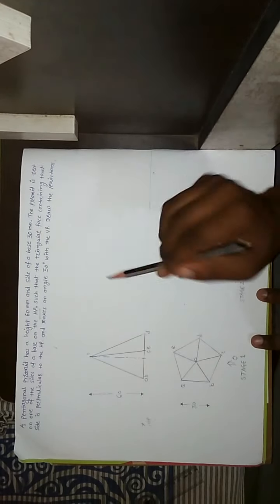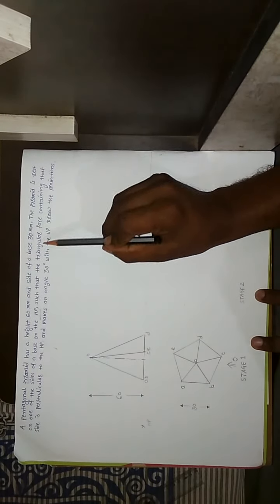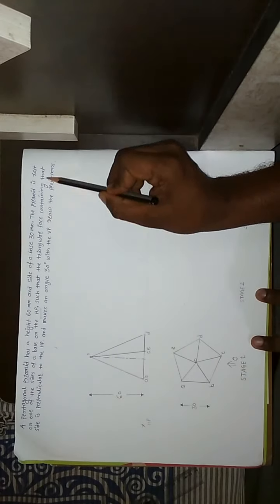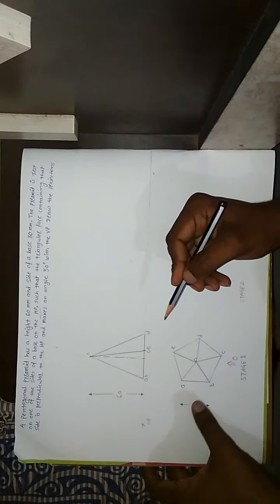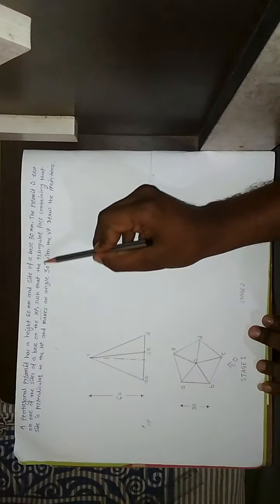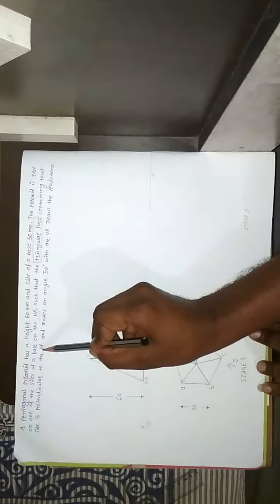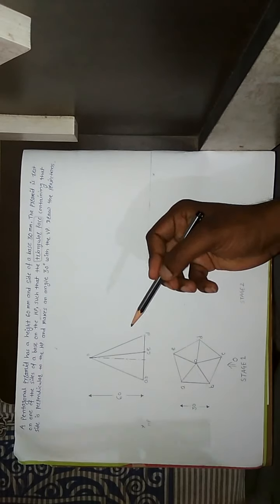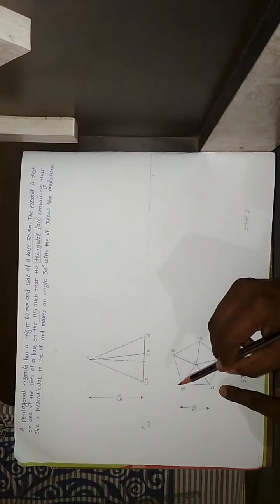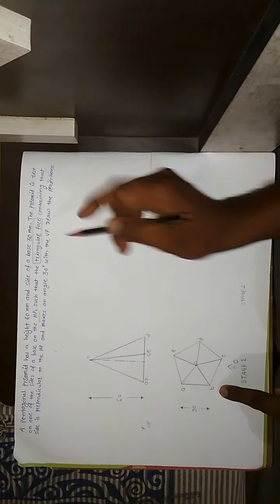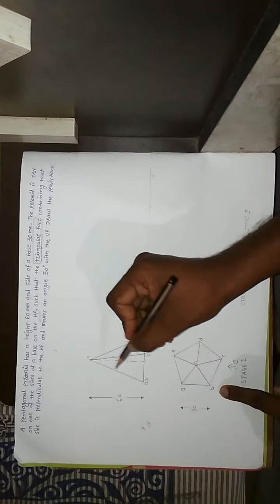Now, the first condition for stage 2 is that the triangular face containing that side is perpendicular to the HP. Friends, in this problem, we are going to use A, B and O as a reference, because the triangular face is perpendicular to the HP. That means in the second stage, we have to draw this triangular face perpendicular to the HP. We have A, B and O as the triangular face, and this line is in the front view.